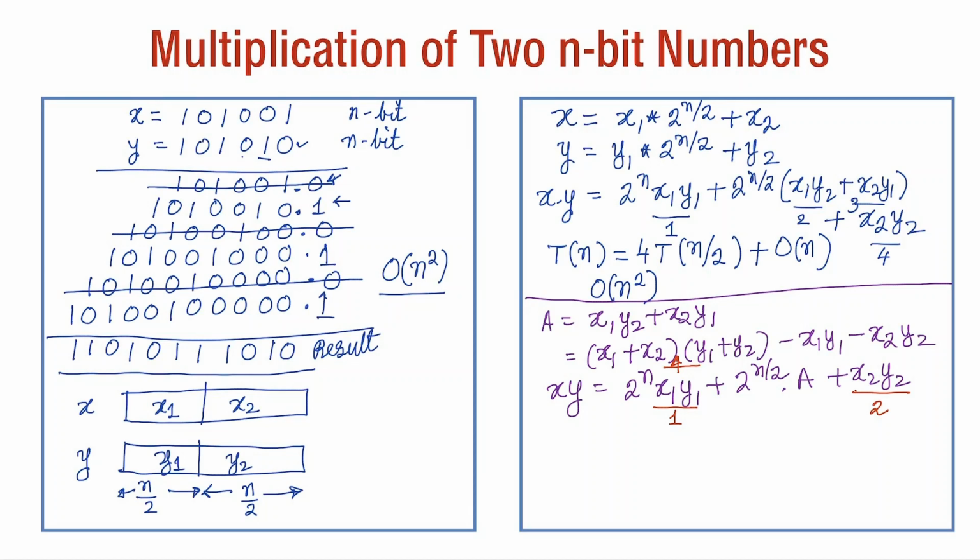So now our new equation becomes T(n) equal to 3T(n/2) plus order n. And by the master theorem, this becomes order n to the power log 3 to the base 2, which is the same as order